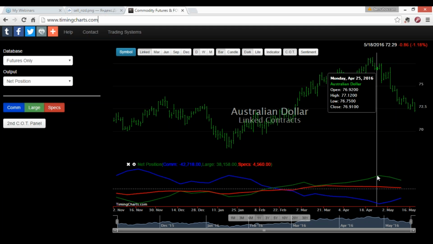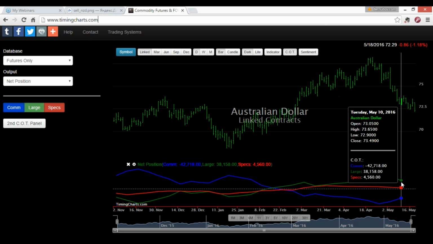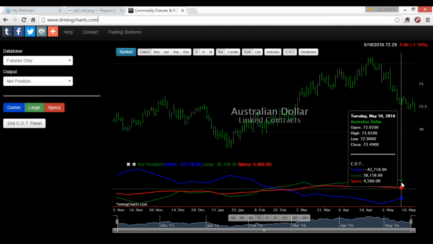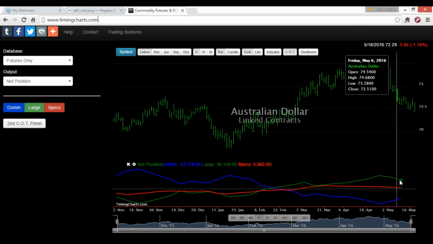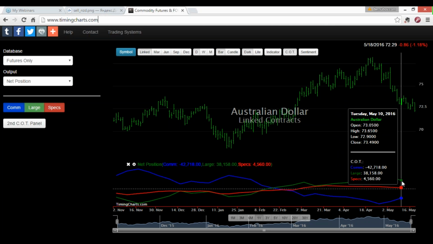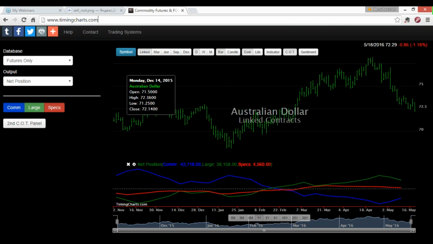Well, for now, if you have the Australian dollar, it's not a young trend. We don't see any growing, any corresponding delta from the timing charts. If we had a negative number of large traders, it would be good information for us. It would be confirming information. Nevertheless,